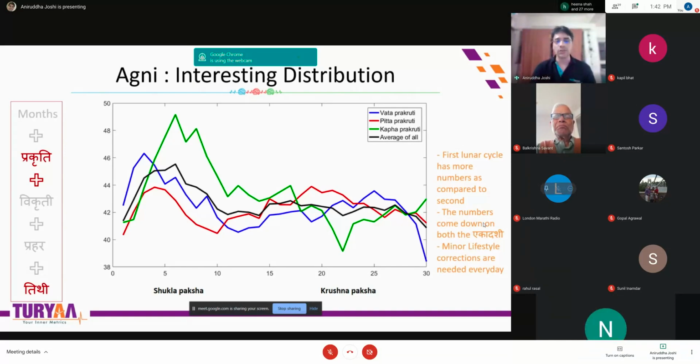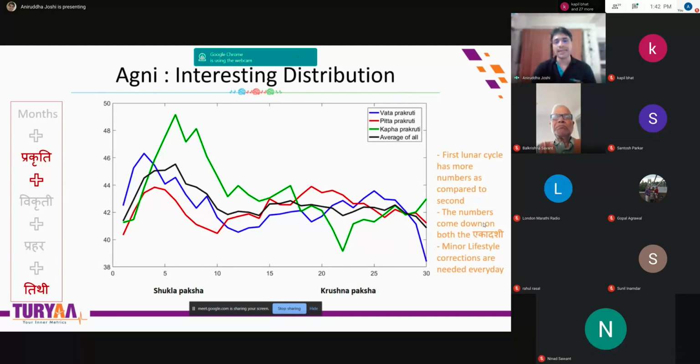So now we can actually observe with respect to data that every day our apli bhook vegri ase, our digestive fire is different. Especially if you see the red line, which is about Pitta, which is specifically related to food, you can observe that it's coming down on both the Ekadashis. It's going up, coming down, again going down on Amavasya. Very interesting. I mean, maybe our ancient people knew about this, and that's why they came up with fasting over Chaturthis, Ekadashis,